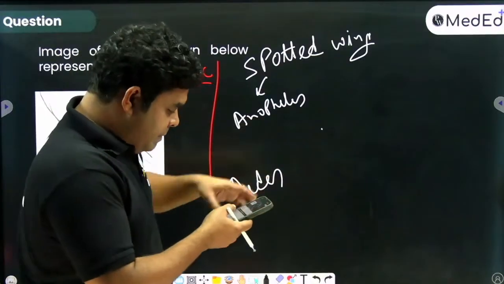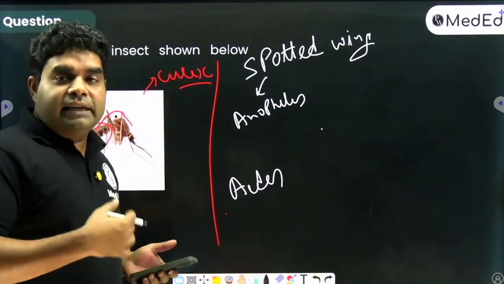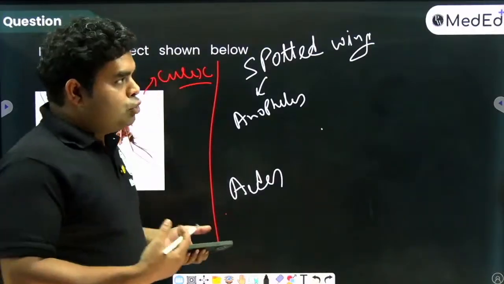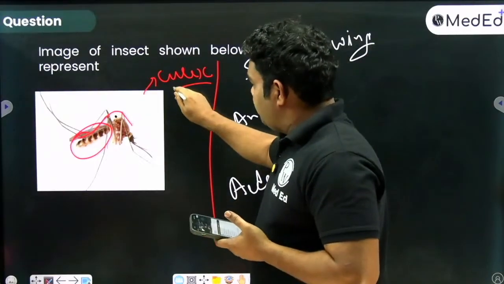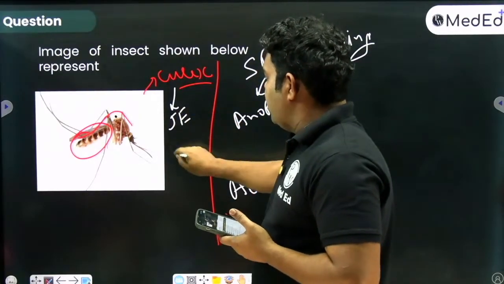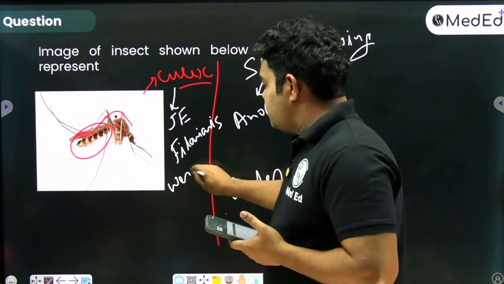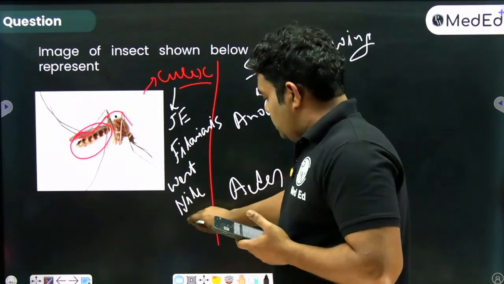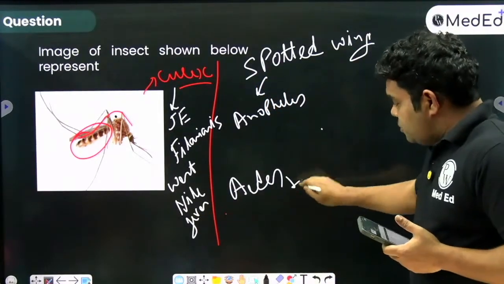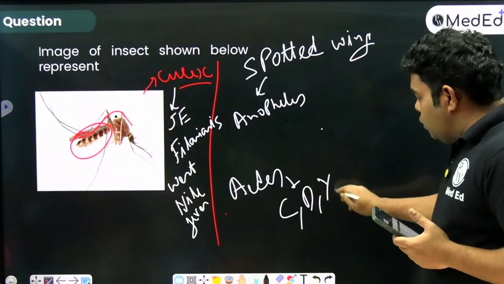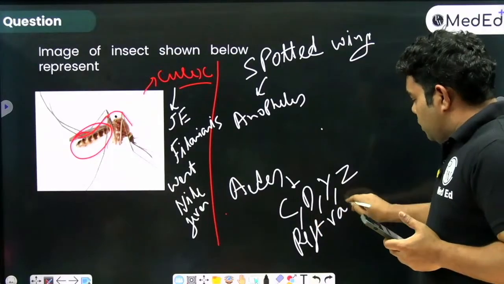बताना प्लीज कि किसमें है स्पॉटेड विंग। और फिर दूसरा सवाल आते हैं इनसे ट्रांसमिट होने वाली डिजीज का, जो फिर अगेन माइक्रो पीएसएम दोनों में आ सकता है। तो क्यूलेक्स आपको पता ही होगा कि जापानीज इंसेफेलाइटिस फैलाता है, फिलारियासिस फैलाता है, और तीसरी डिजीज जो फैलाता है वो है वेस्ट नाइल फीवर। ओके, और एडिस 5 बीमारी फैलाता है। कौन कौन सी? चिकनगुनिया, डेंगी, येलो फीवर, जिका वायरस फीवर और रिफ्ट वैली फीवर।